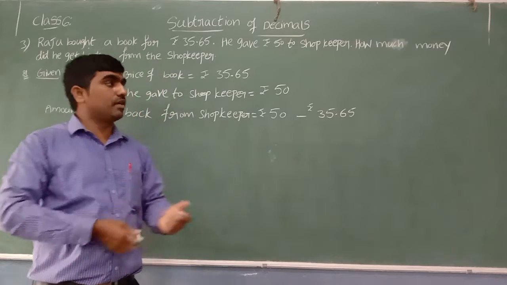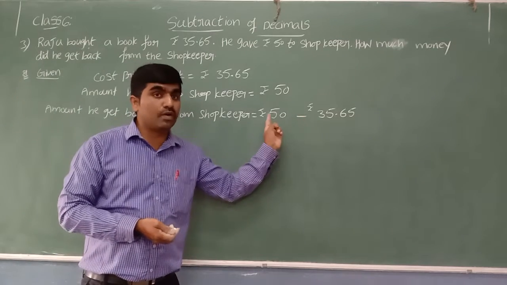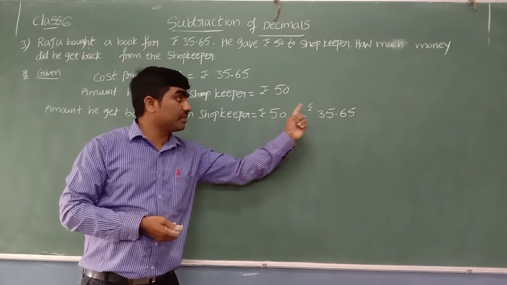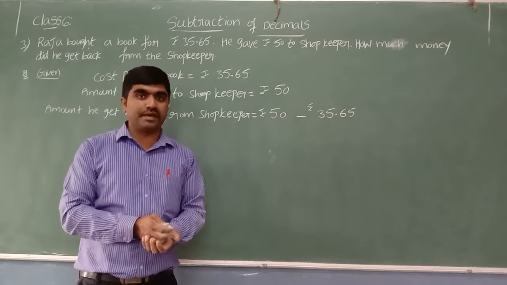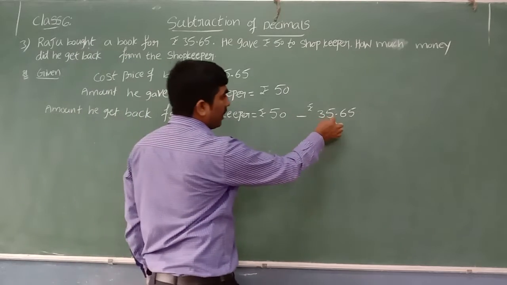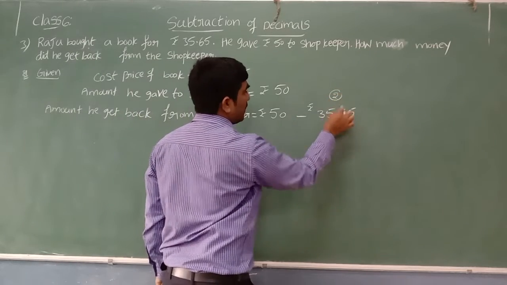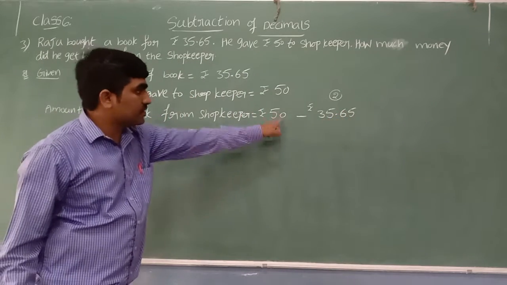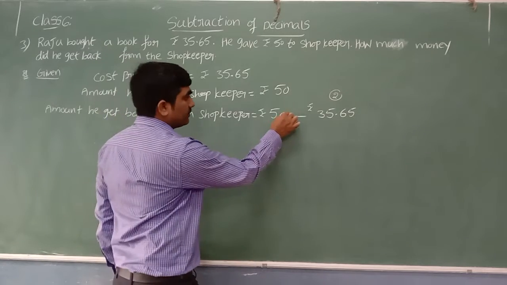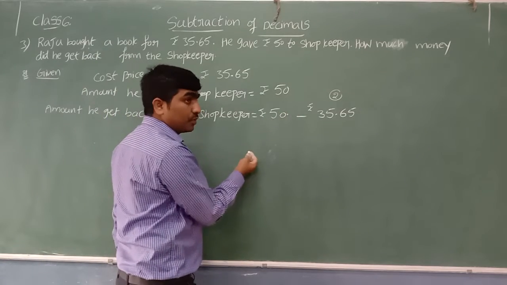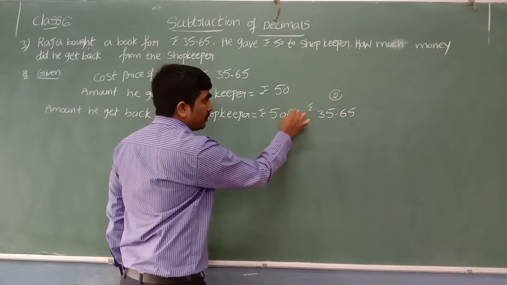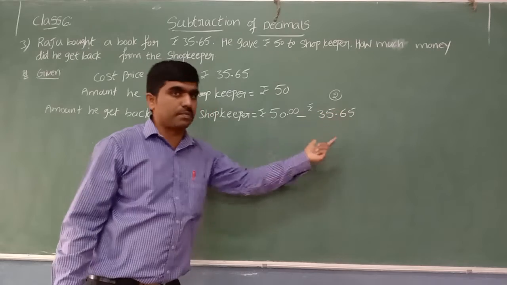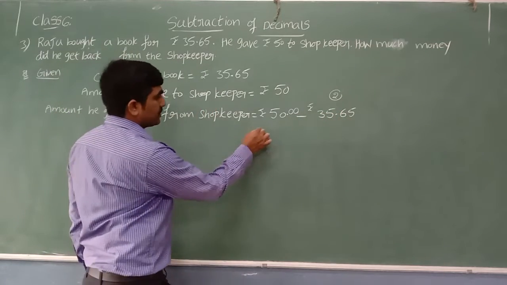And also, as we learned, the condition is that subtraction is possible only for like decimals. To apply subtraction or addition, first we need to convert both decimals into like decimals. Here you can see the point after two digits, so it has two decimal places. Here there is no decimal point, so we'll take a point and make it two decimal places by writing two zeros. Now both have two decimal places, and we can apply the subtraction method.